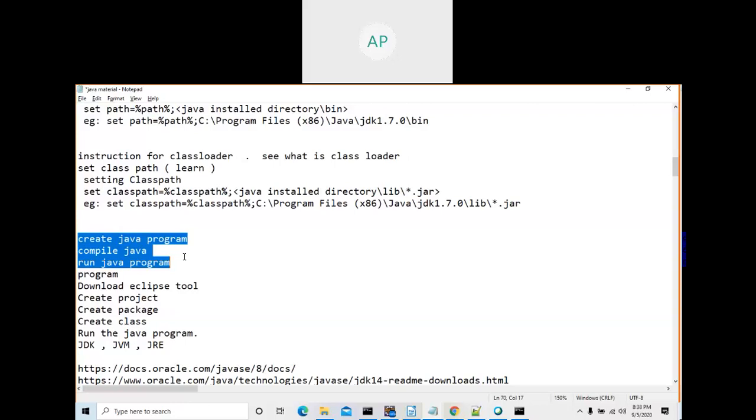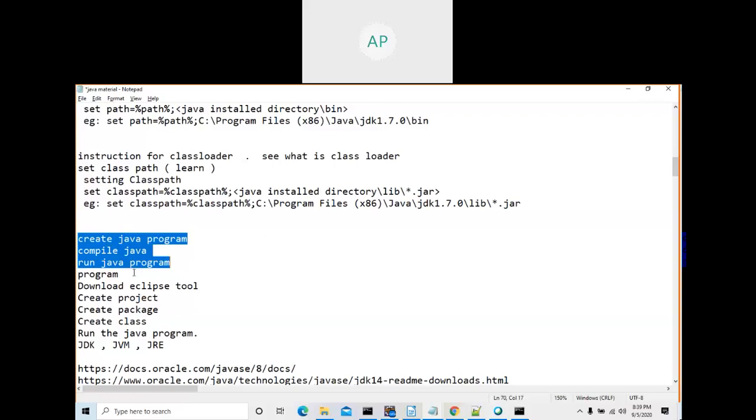So set the path either temporary or permanent. You try both the things. If it is permanent, it will be much better, but learn temporary also. Now, after you do this, let me do these three things. We can do it by using Eclipse, but I am just going to demonstrate by using the command prompt. Normally, we won't use command prompt and notepad to develop our project. We use Eclipse. We use them just to have some high level idea about how to use notepad and command prompt. I'm going to create one program, compile and run.